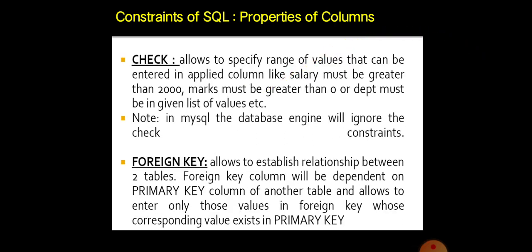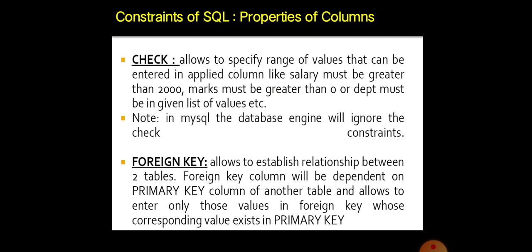Then coming to the next, check constraint and foreign key. Check constraints are used to give conditions. Suppose we want to give the percentage of the students who all got A1, so it will check that the percentage of the student must be greater than 95.